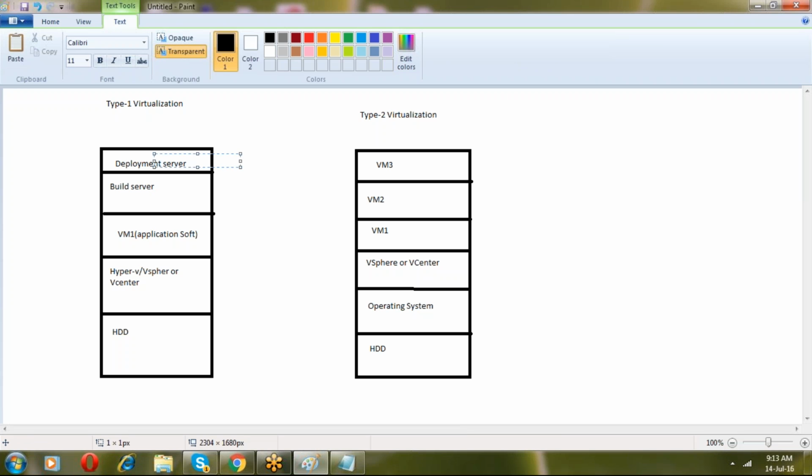One more layer is there, the operating system layer. So in type 1, we don't have that layer. The operating system as well as the hardware, they will give in the form of a chip or something, some hardware. You load that one, and then it will behave like an operating system.